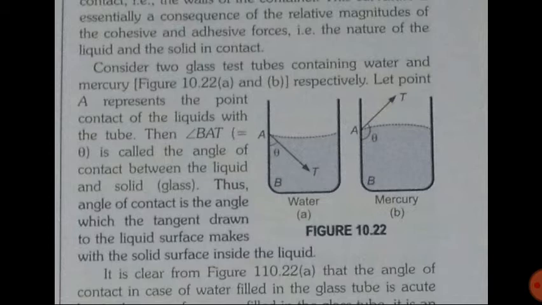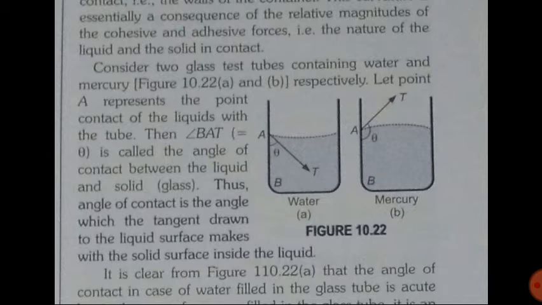point A is the point where the surface is touching the container. From that point we will draw one tangent. You can see AT is that tangent. And the angle between that tangent and the wall of the container is called the angle of contact. So here in case of water you can see the value of the angle of contact is less than 90